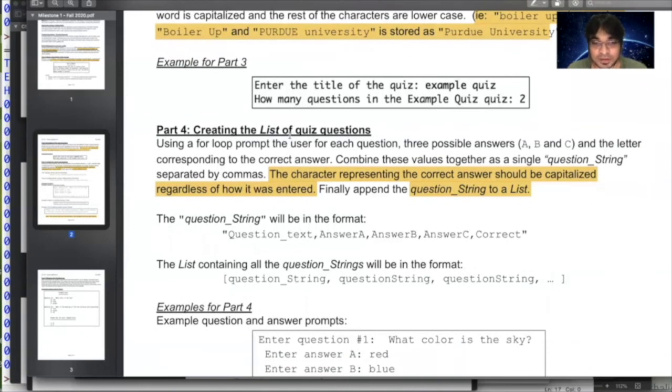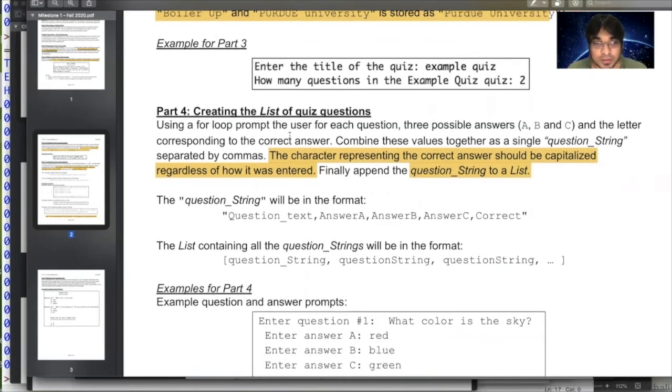A list is a data structure, as we call it in computer science, but think of it as a collection of things. In this list, the way we are going to store the question string is in this form: the question text, comma, answer A, comma, answer B, comma, answer C, and the correct choice.